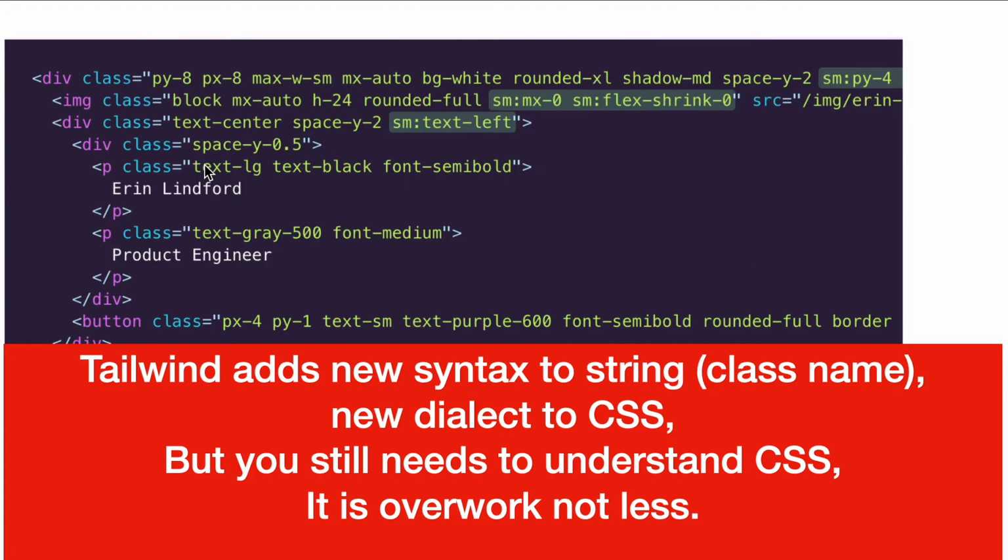So if you need to use Tailwind CSS, you first need to understand CSS well, and then you would understand what exactly these classes mean by remembering the mapping between these class names and the real CSS declarations, right? So this is definitely a new burden to understand the code. I'm not arguing about the readability; it doesn't matter that much, but it's just hard